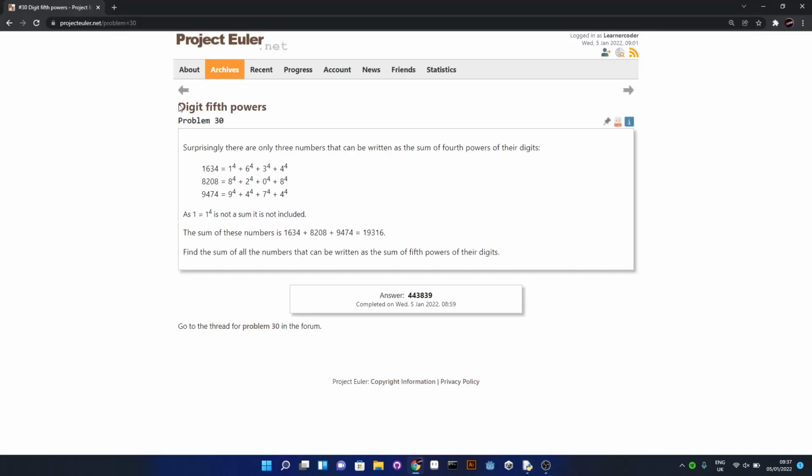Hello everyone, in this video we'll solve the fifth problem of Project Euler. So, we have to find digit fifth powers. You essentially take all the digits, raise them to the fifth power, and add them all up. And if it's the number you started with, it's a digit fifth power. Then you have to find the sum of all of them,